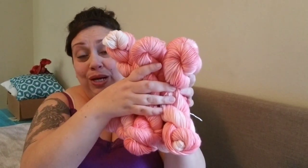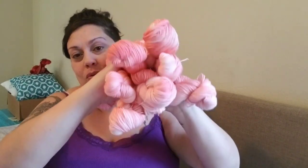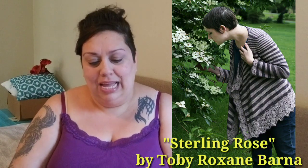It's gonna go so pretty up against that slightly darker brown. I'm so excited. I'm gonna go ahead and put in a picture of the cardigan that I want to use. I can't think of the name right now. And that's not going to be made for a very, very long time, but that's what I was thinking about